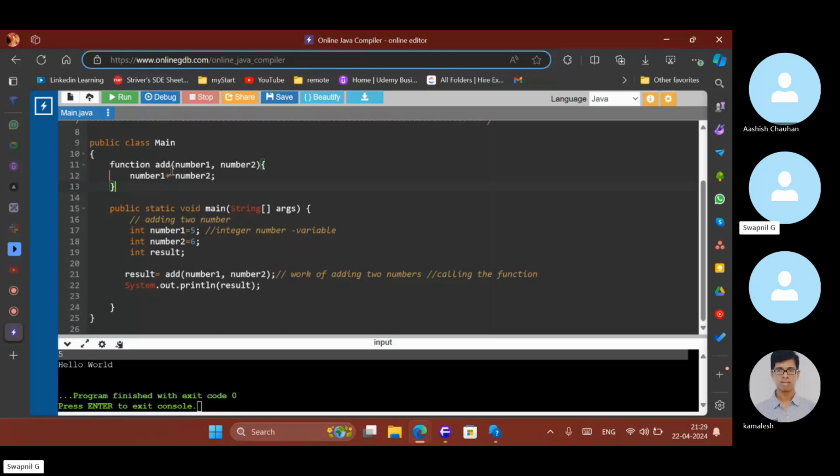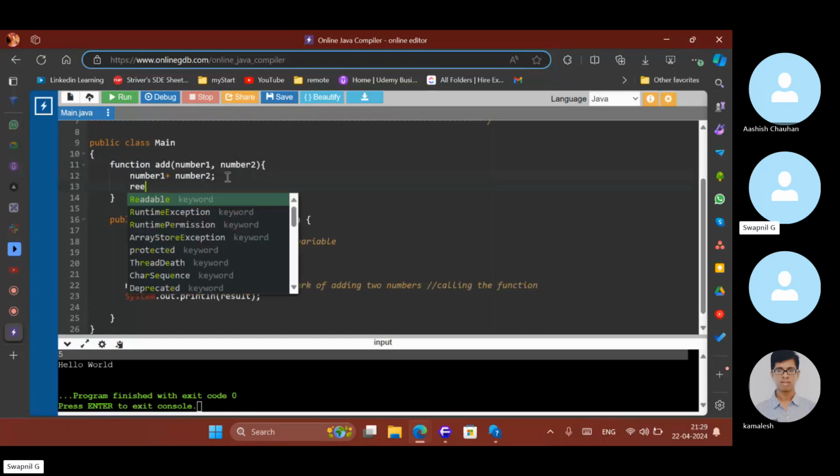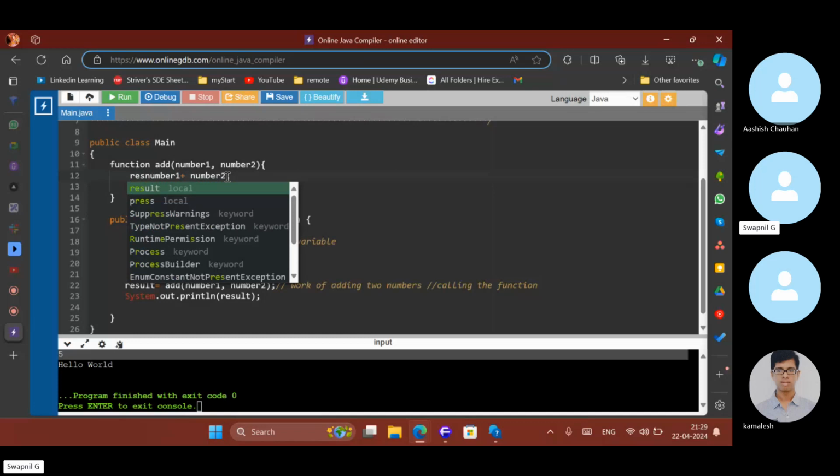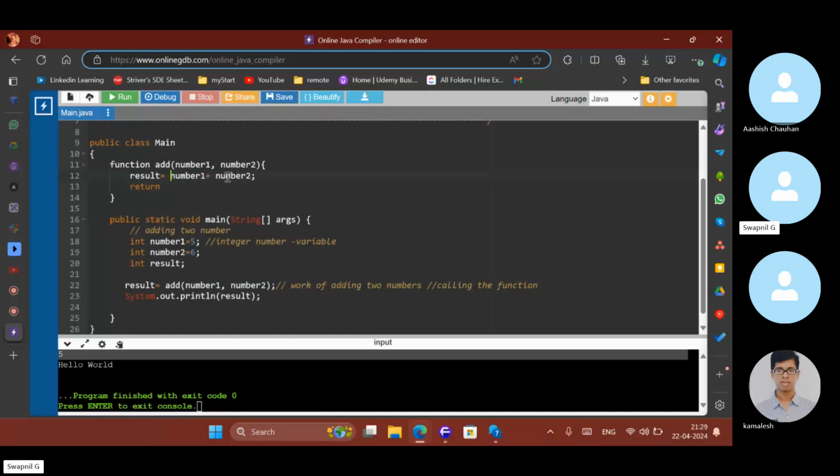But in Java, just remember the distinction: return type is very necessary. So what are we going to return over here? We are going to return the result, right? Is that part clear?